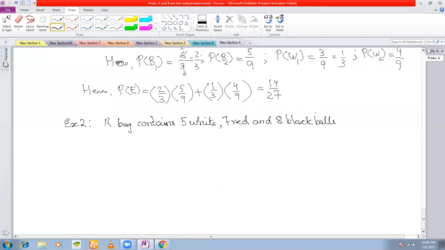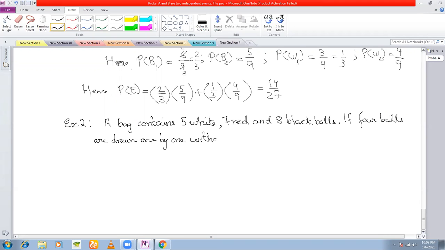If 4 balls are drawn one by one without replacement,